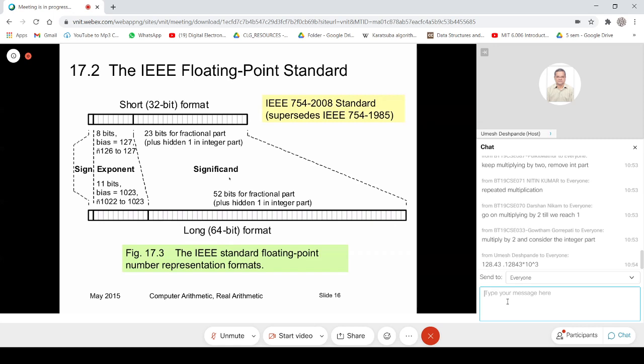But just one thing I want you to understand, that operating on two floating point numbers is much tougher than having operations on integers. Typically, a floating point addition would be roughly around 4 to 8 times slower than an integer addition operation.